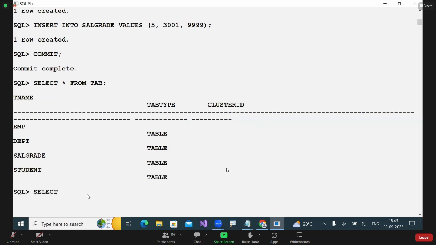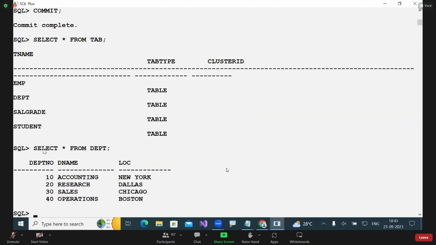Then definitely there we are required to use the select command. And with the help of the select command only, I can see my data, whatever was there in the table. Okay, and star means all columns. For example, I'm calling one of my tables, DEPT. And when I just call, okay, select star from DEPT, I'm not using any condition here, just a query